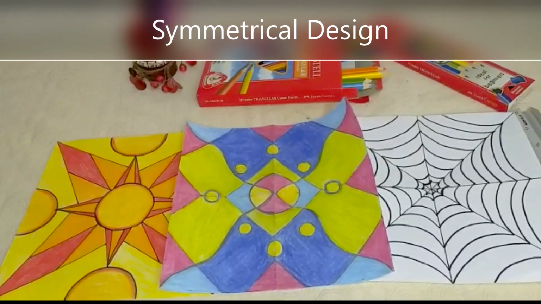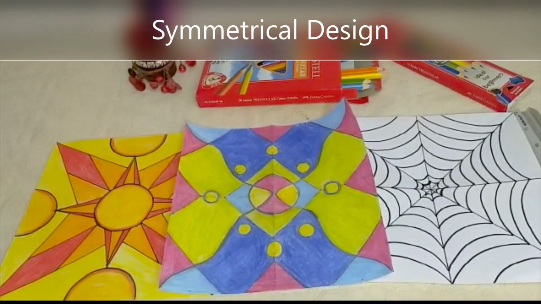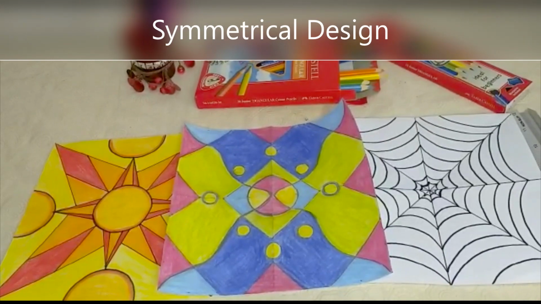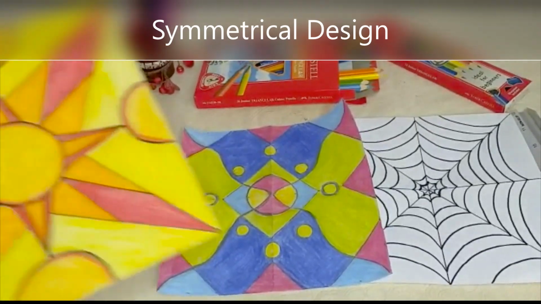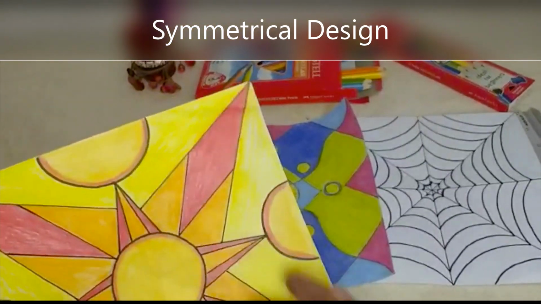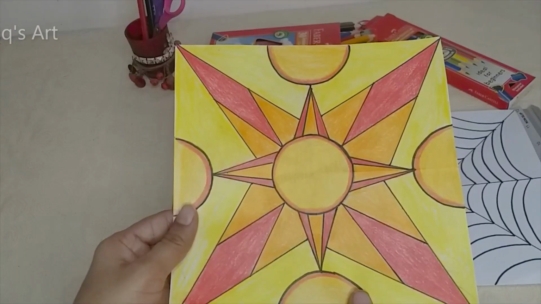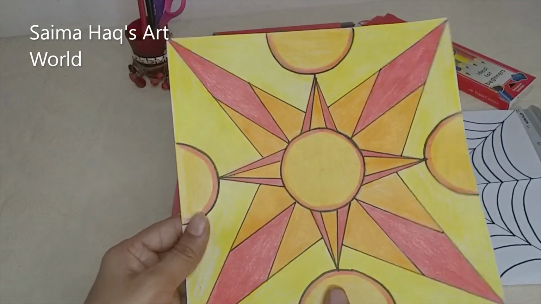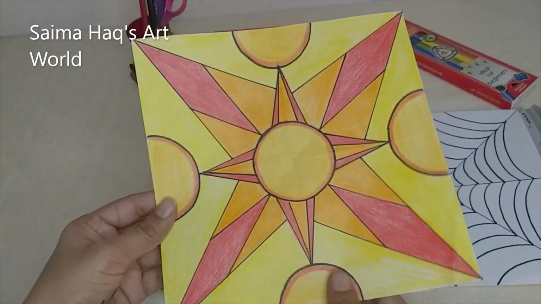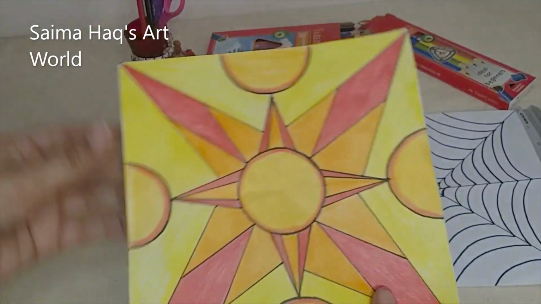Okay, I'm going to tell you the meaning of symmetry for me. Symmetry is a design approach that makes opposite sides of something the same. Like you can see in this design, all sides are same and they are opposite to each other. If you rotate this design, from every side you are going to find it same.